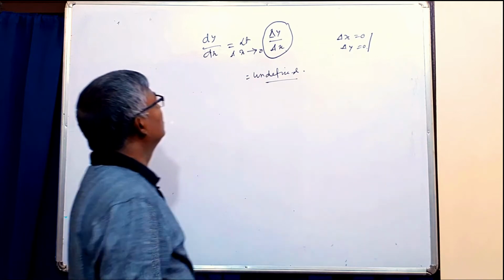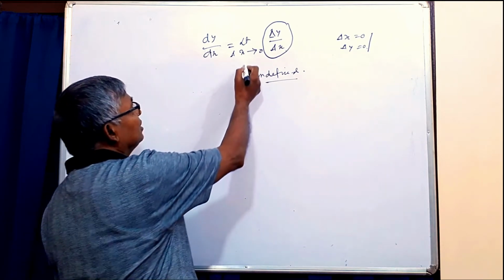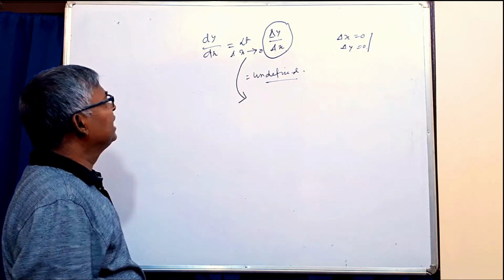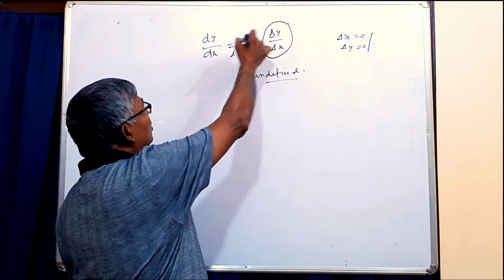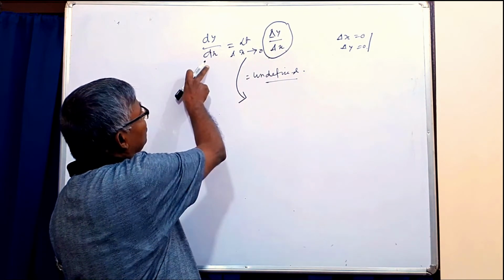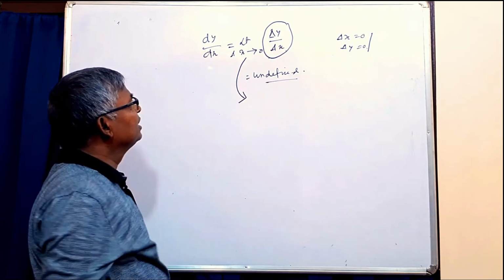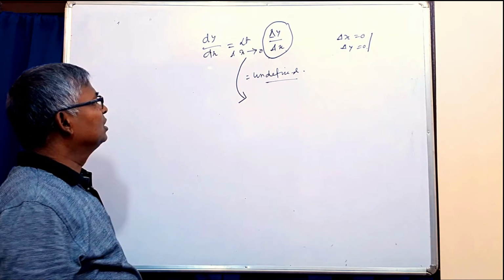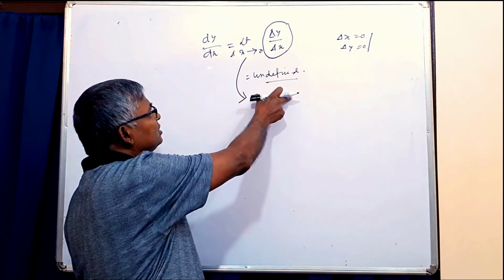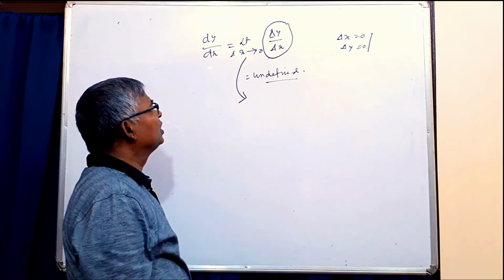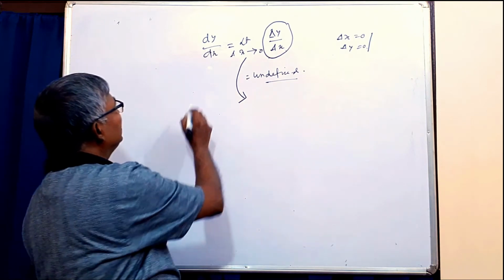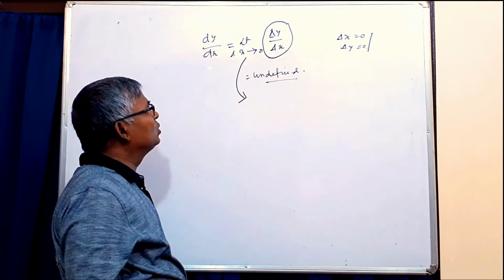So you see, by the very definition of limit, the existence of the limit of this ratio is very much important to get the value of dy dx. Hence the limiting value of this ratio is needed. Now let us see how the derivative of a function is related to continuity.